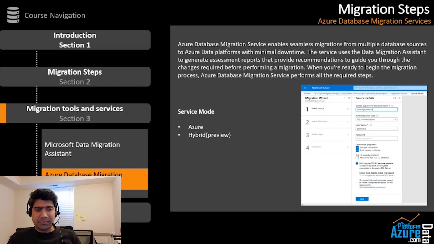Sometimes when you are working with a customer and you want to perform some POC on their environment, first of all, you need to have either an ExpressRoute setup or a VPN setup. But sometimes the customers are not very comfortable giving you access to set up a VPN or ExpressRoute just for a POC purpose.